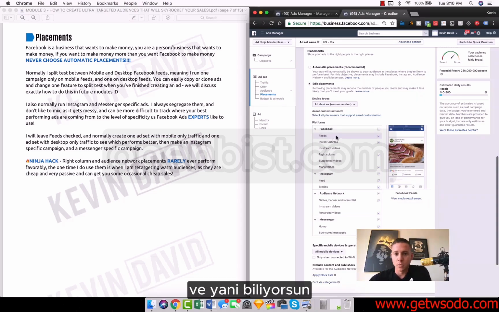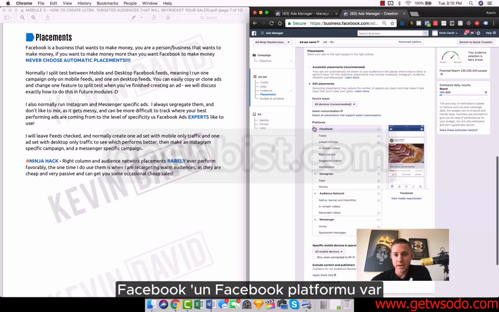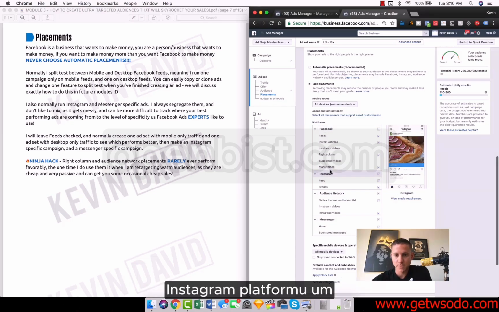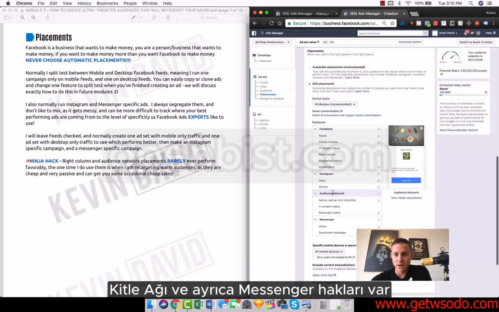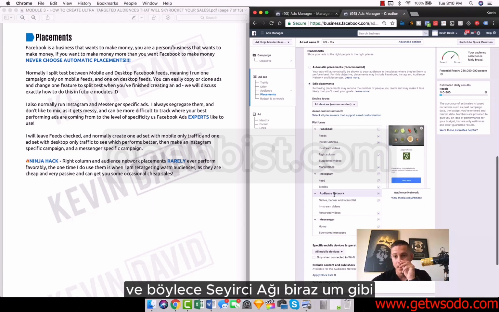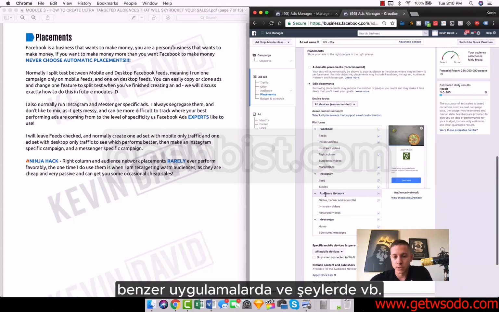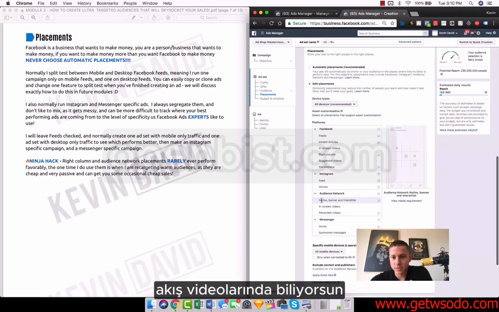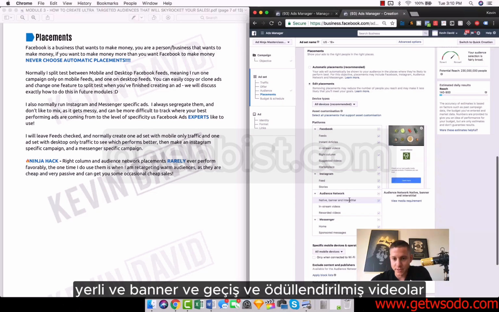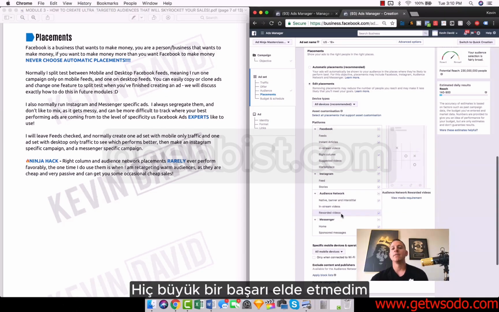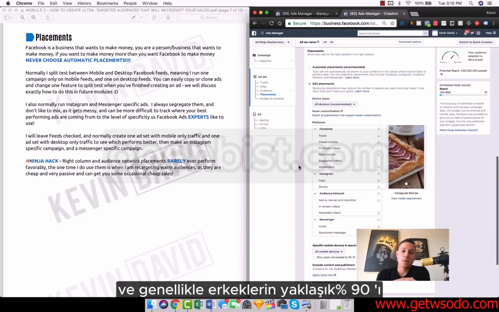And so what we're seeing here is Facebook has the Facebook platform, the Instagram platform, Audience Network, and they also have Messenger, right? Audience Network is kind of like showing ads on mobile banners and things like that in apps. So in-stream videos, native and banner and interstitial, and rewarded videos. Audience Network, I've never had a huge amount of success with, and generally, guys, about 90% of the time